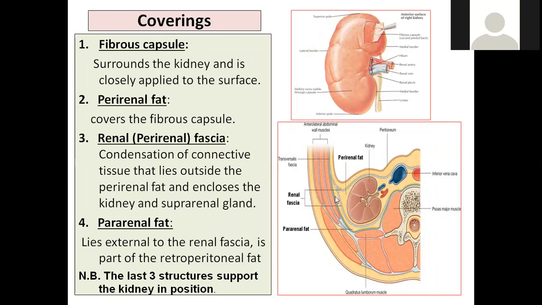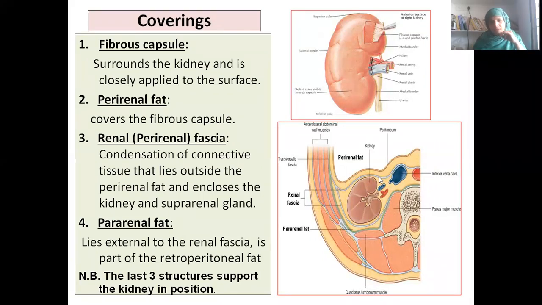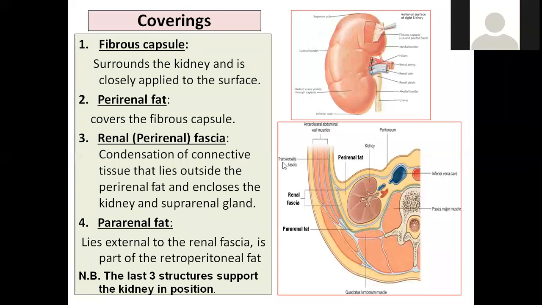Can you tell me the renal fascia is becoming continuous with which fascia laterally? Please wait, I am just checking so that everybody understands. So Lokesh, please answer. The anterior layer and the posterior layer of renal fascia are becoming continuous with which fascia? Transversalis fascia. Very good. Excellent.